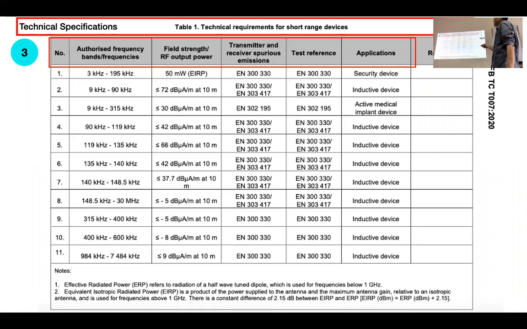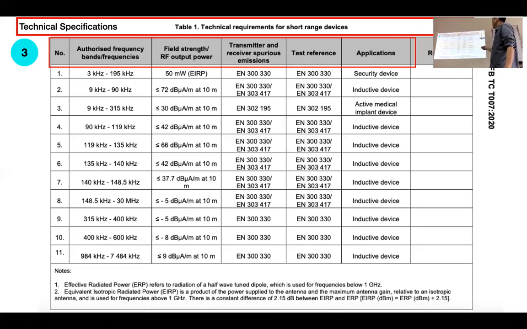What will be the under SRD? What will be the authorized frequency? If it's not within this frequency, then most of the time it's not under SRD. Most of the time it will be under the macam walkie-talkie. Bukan short range ni, this is short range. Kalau tak ada ni, most of the time it's like radio walkie-talkie, analog, okay, itu semua. Atau itu mobile phone, there's a different bandwidth lah. Yang tak termasuk dalam sini ada 900, 1800, okay.